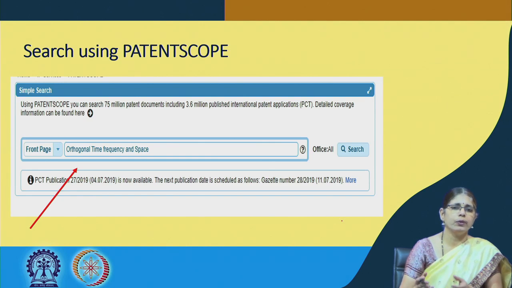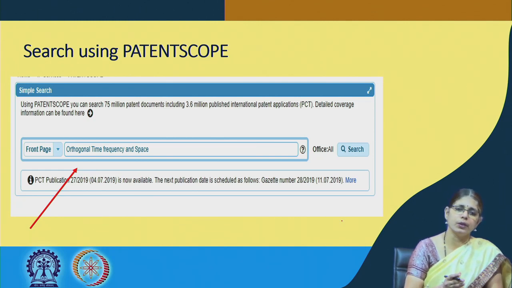Now, from the point of view of utilizing a keyword, the technology is represented as it is from the technical classification where it is called orthogonal time, frequency and space. So, all of it together can be put as a keyword, as you can see in this illustration, and one can actually conduct the search.